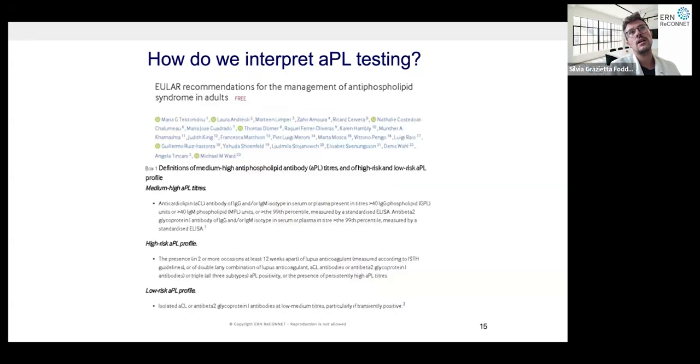This is not new, and it's written clearly in the EULAR recommendation for the management of antiphospholipid syndromes in adults, which tell us the risk profile of patients with APS depending on their APL positivity. Not only that, but also how strong these positivities are. So, as Silvia was saying,